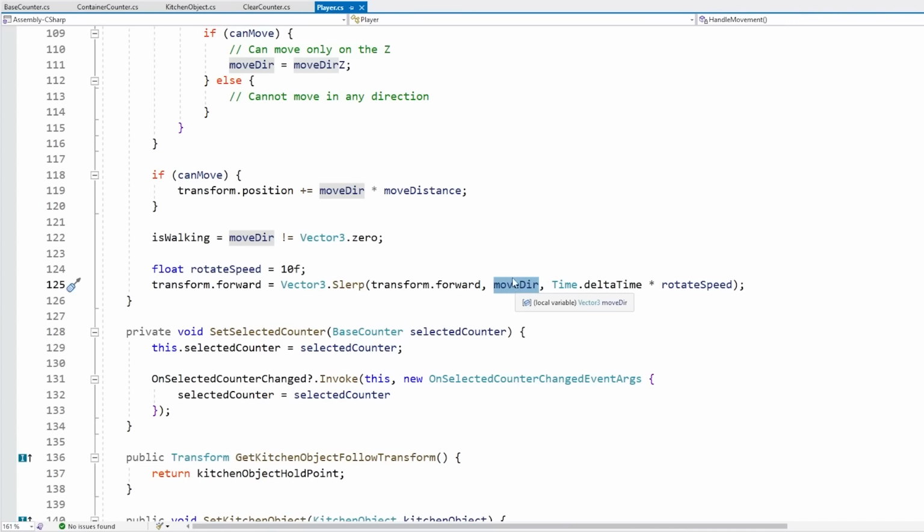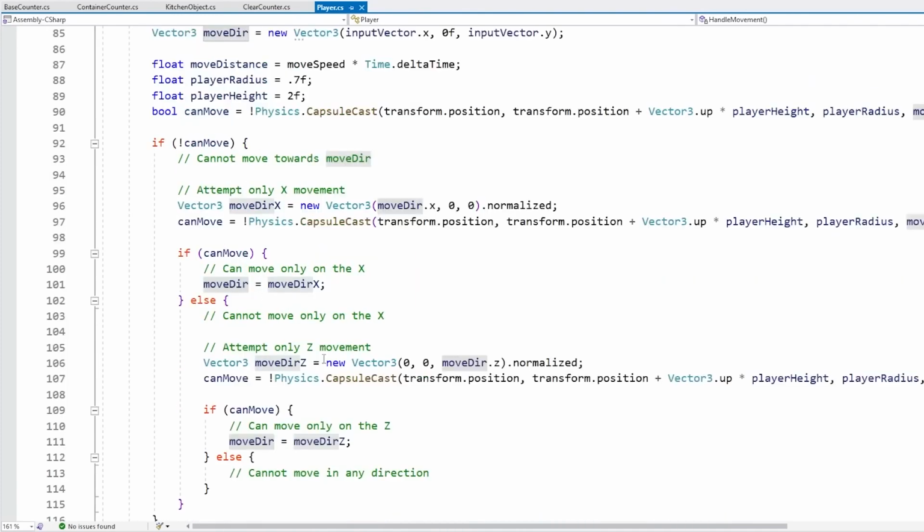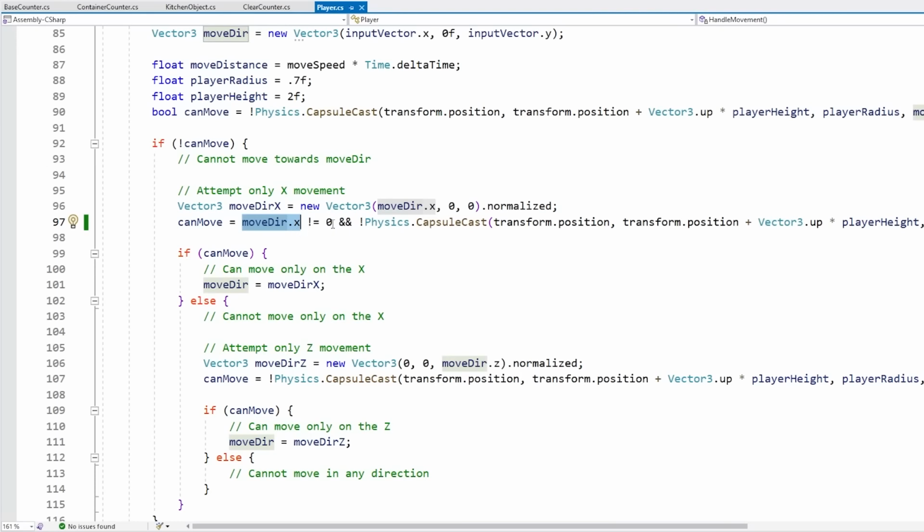So we want the player to still not go through any objects, but we only want to modify the move direction over here if we actually move in any of these directions. So the solution is actually super simple. So over here for the can move, we can move if there's nothing on there, and if the move direction.x is not 0. So that's really it. If we are attempting to move in the X at all, and if there's nothing on there, then we can move,